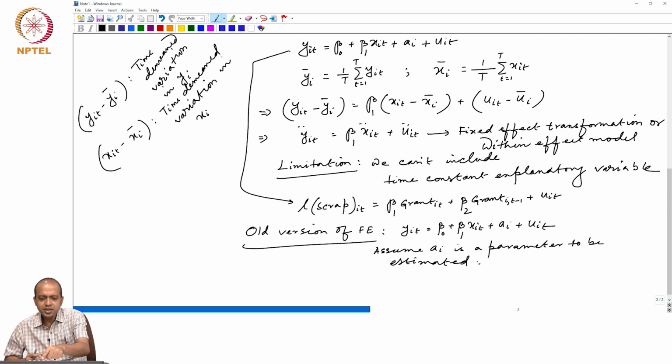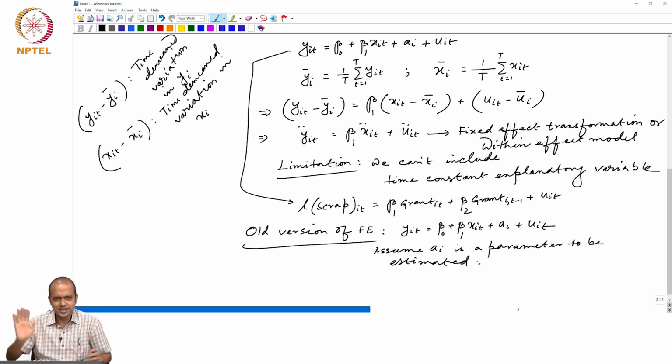When we are estimating this type of job or labor performance, apart from your training and so on and so forth, every individual, every employee, he or she might have some amount of very individual-specific, intrinsic skill which is difficult to observe. And that innate skill generally does not change over time. At least over a period of 5 or 10 years, that would be constant.